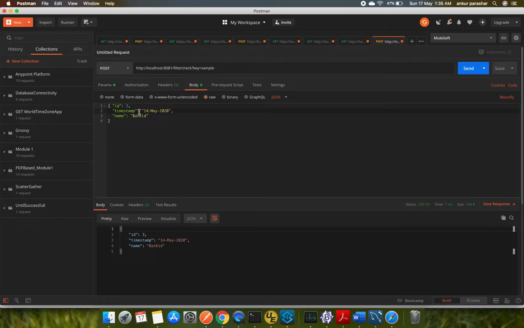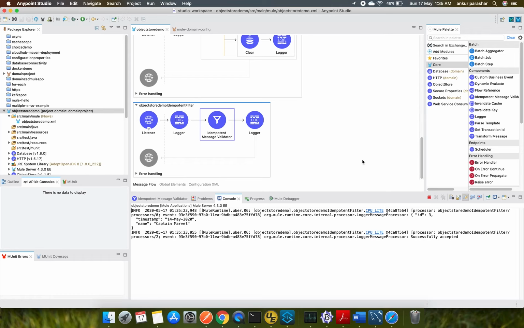It will be id3, and I will put Captain Marvel. I will hit send. I will go back here, and it is showing successfully accepted. So nothing bad in it because it was a unique entry.